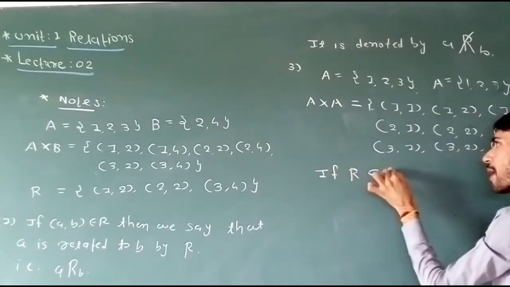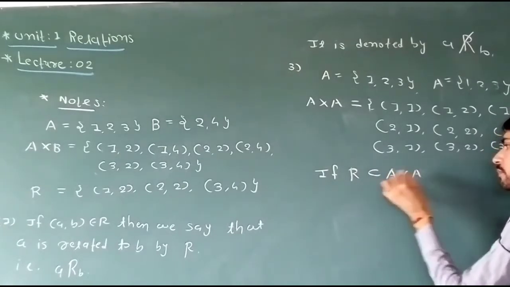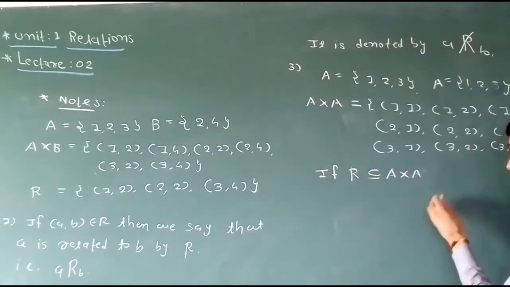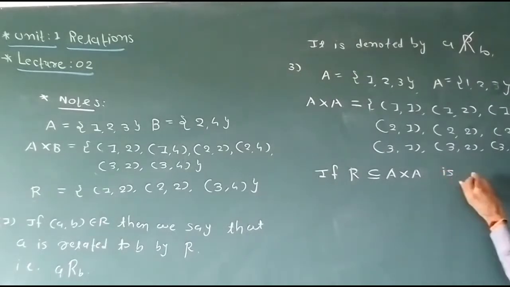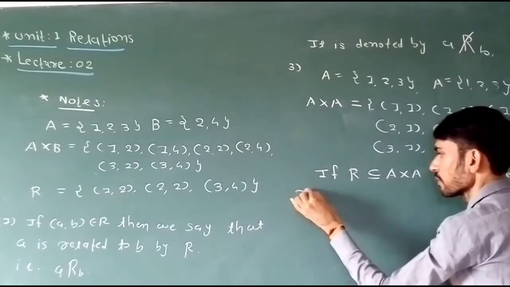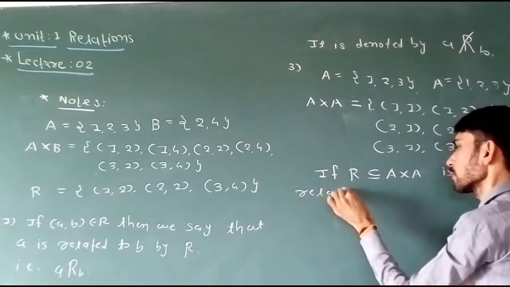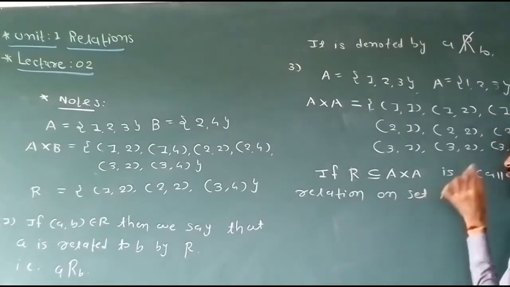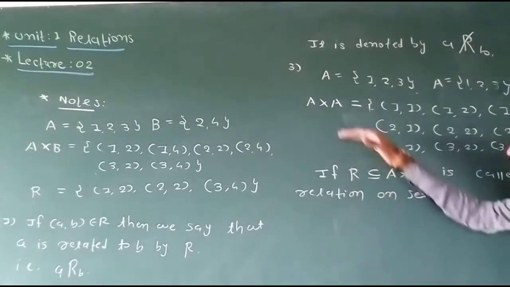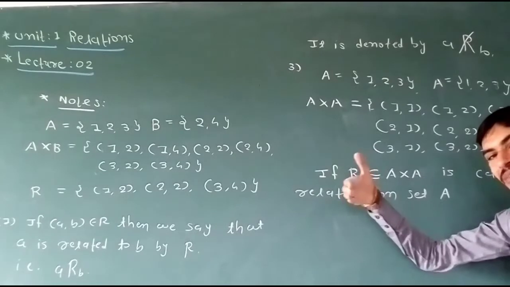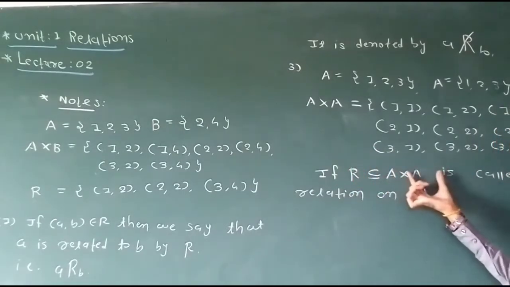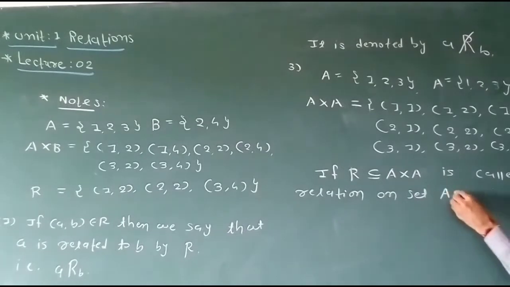So here we write, if R is a subset of Cartesian product A cross A, relation R is a subset of Cartesian product A cross A is called relation on set A। હવે જે Cartesian product છે મિત્રો A cross A એનો કોઈ પણ સબસેટ લઈએ તો એ કોણ થશે? રિલેશન થશે। તો એ રિલેશનને કહેવાશે is called relation on set A।